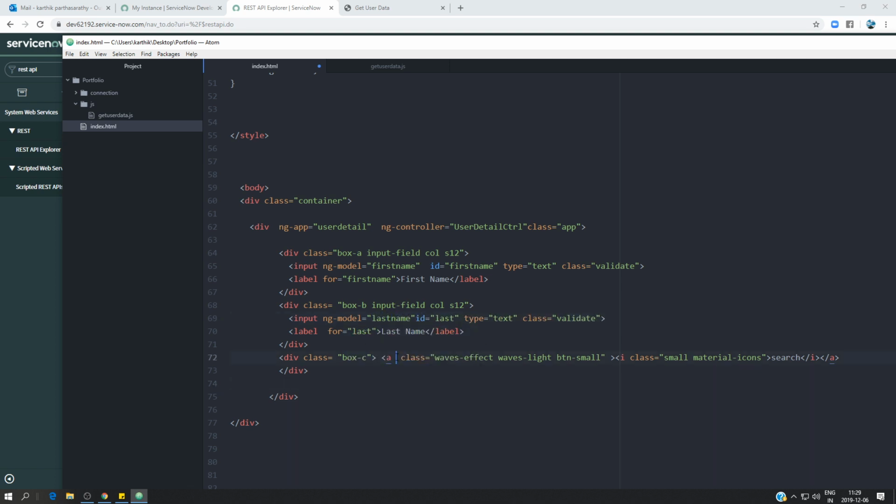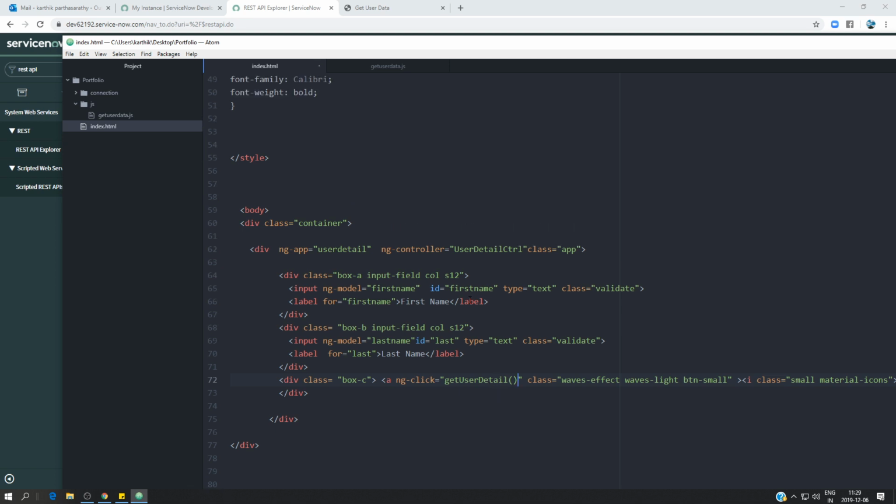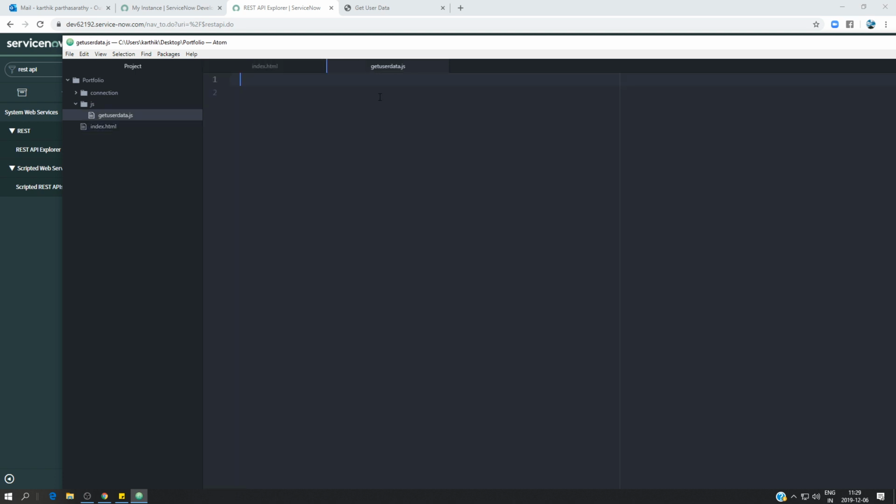Okay, and in here I'm going to create ng-click. Whenever I click on the button, it should trigger a specific function. I'm going to call it get user detail. Okay, so it's pretty much done. We have our directives created. What we have to do now is start to write our JavaScript function. Here I have already created an empty file, the get user data JS file,